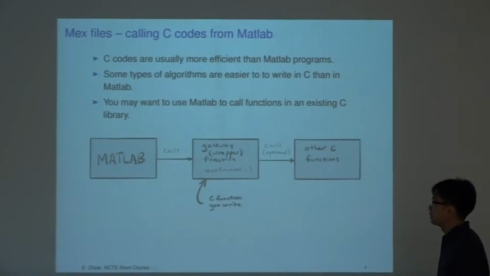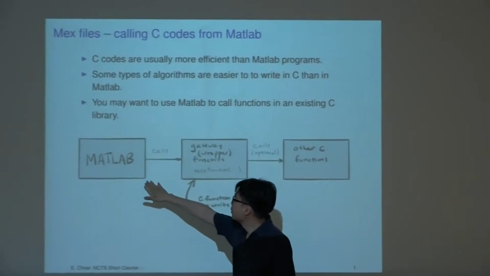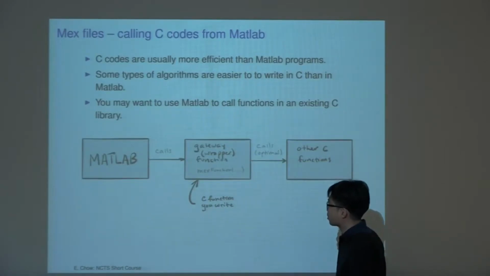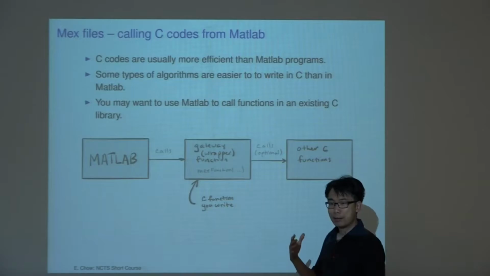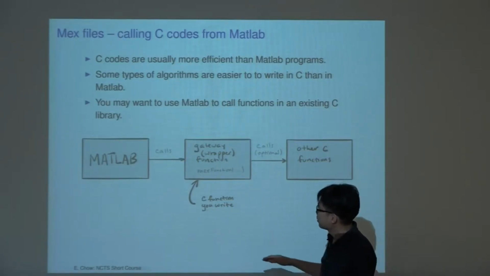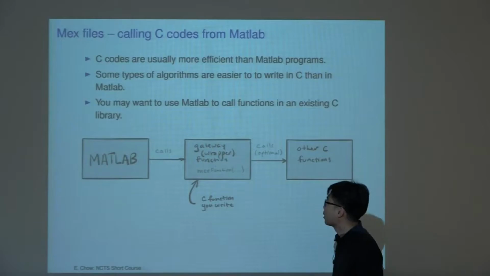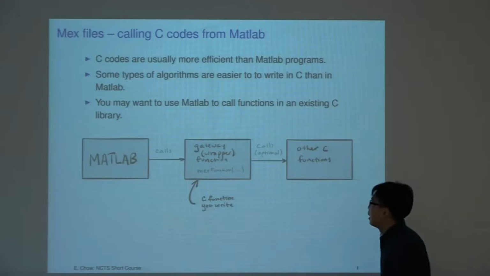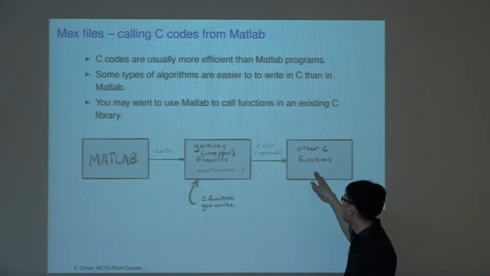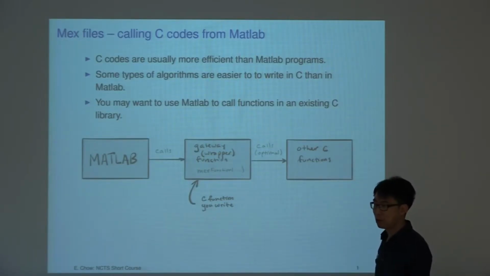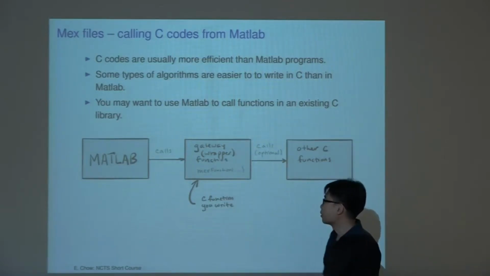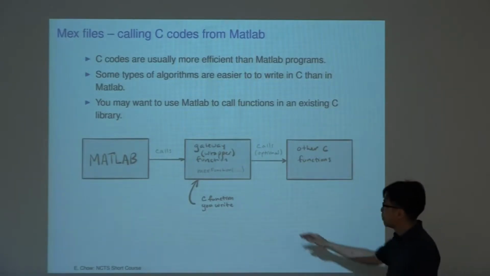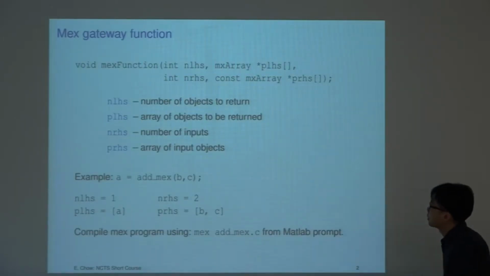Okay, so the main idea is the following. So here's MATLAB, okay? And to access your C function, you need to write a wrapper for it. And the MathWorks people call this a gateway function. And it is a function whose name is mexFunction. And from the gateway function, you can call any other C functions, or your code might be implemented within your gateway function. Okay? And to see what this mexFunction looks like,